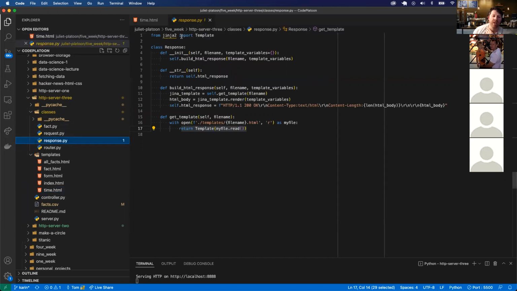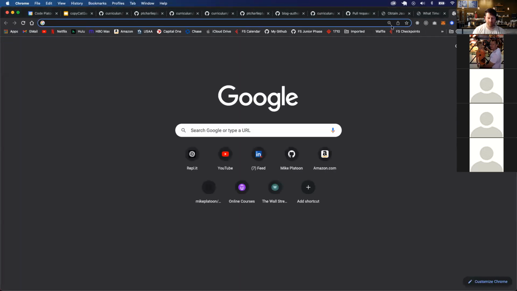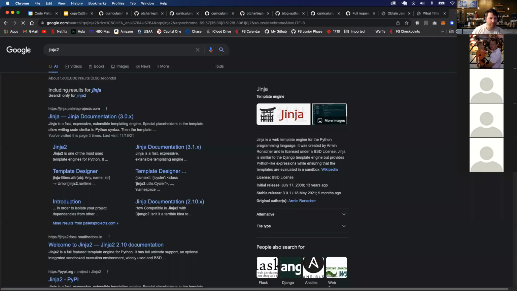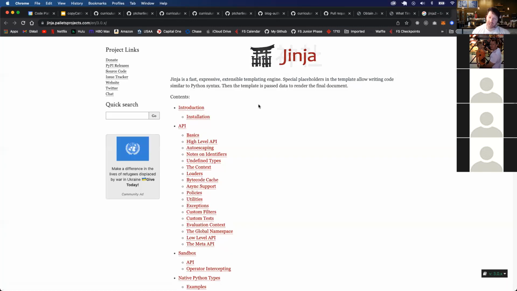So where does this time variable come from? Well, it comes from Jinja2, which allows us to, again, inject Python code directly into HTML templates. So it's kind of the equivalent of JSX. Exactly. It's exactly the equivalent to JSX. JSX is the equivalent for JavaScript, which we'll be talking about once we get into React. But basics,